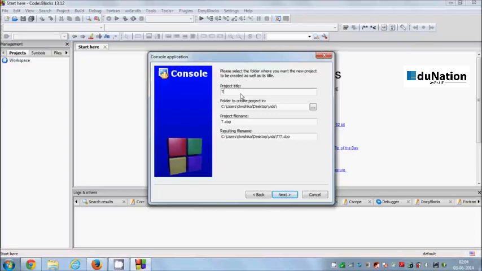For example, test, my prog, or you can say my first prog or program. Okay, and in here where it says folder to create project in, you need to choose